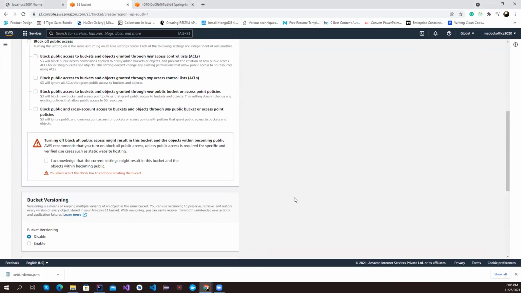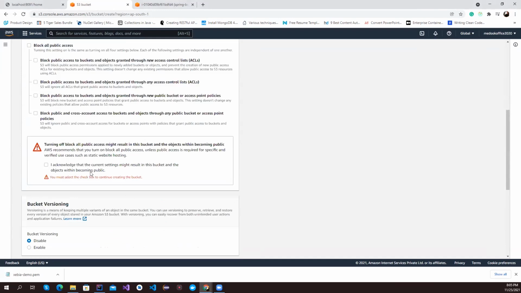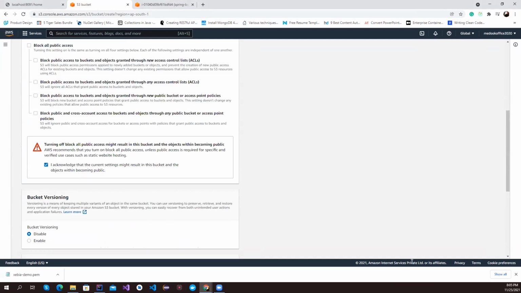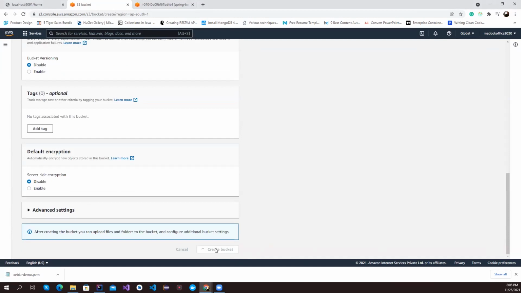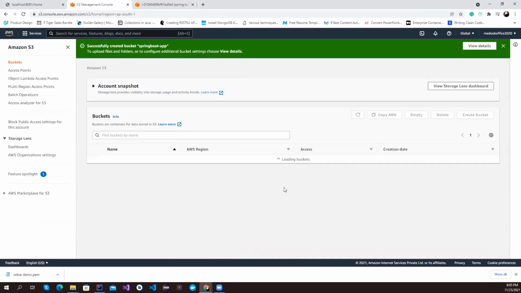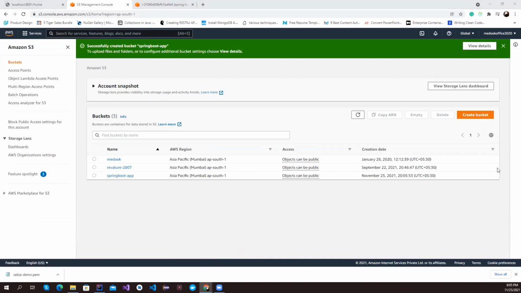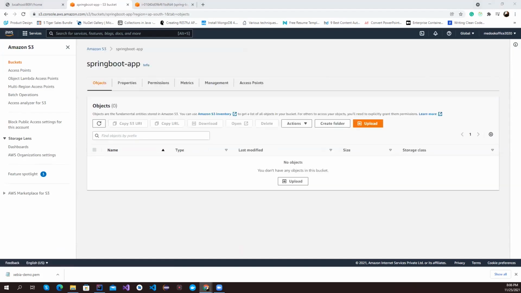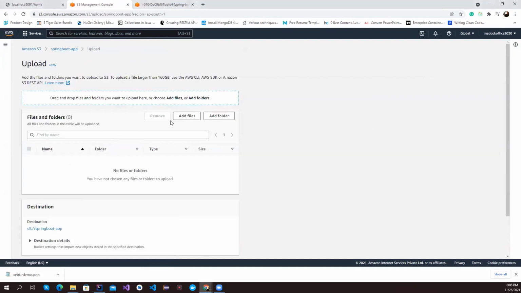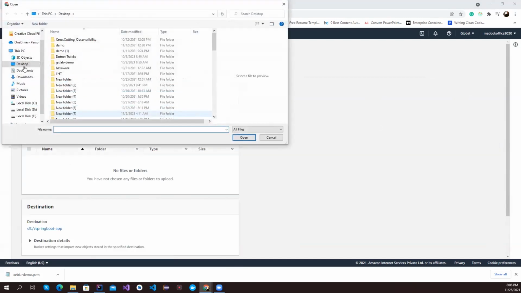Something is missing. Where is it? Create the bucket. So once we create the bucket, now we have to upload our jar file. So now you can click on the upload, and then you can choose here, add file. The file is available in the